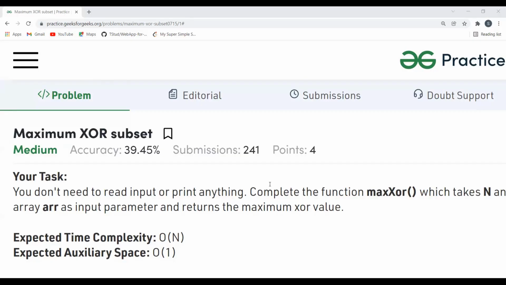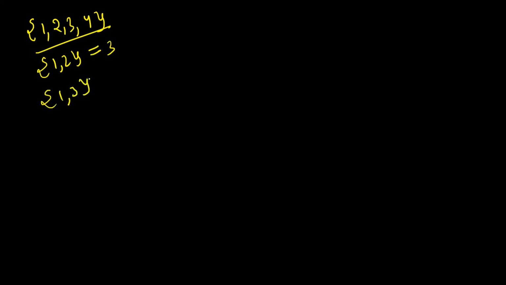So let's understand how we'll be solving that problem. So the brute force approach I was talking about was like this. In case you didn't understand, let's suppose we have the array elements 1, 2, 3, 4, right? So you are generating all the possible subsets like 1, 2. So 1 XOR 2 will give you 3, then 1, 3. So that will give you 2. Then 1, 2, 3. That will give you 0. Then 1, 4.